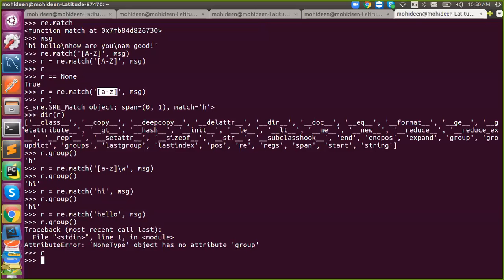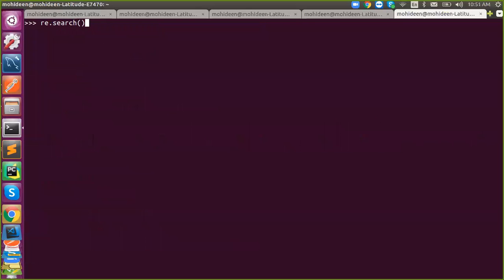Yes, sir. Yeah. Now we'll move on to search. Okay. So how about search? What I said before: match does not apply to the entire string. For example, if I say hello, it says None, right?